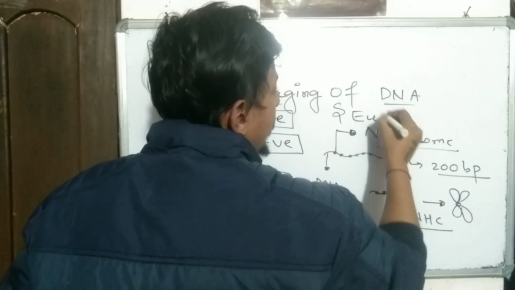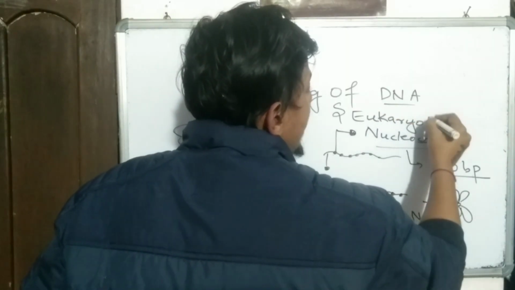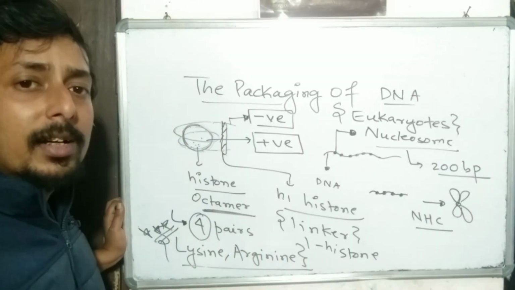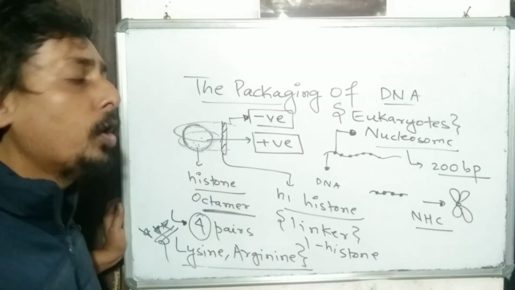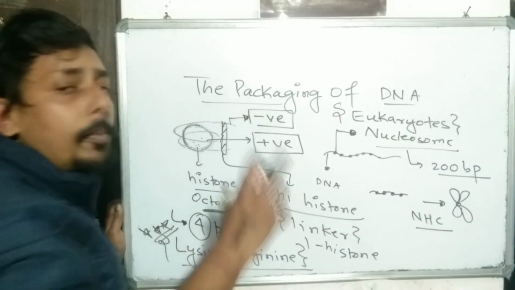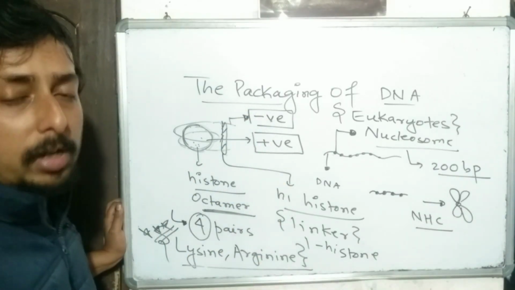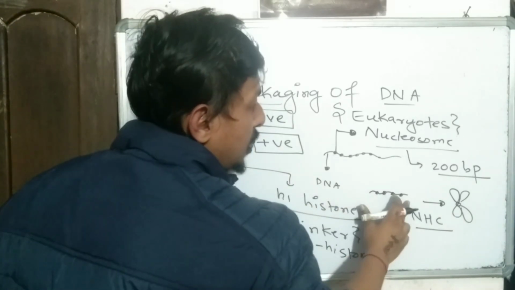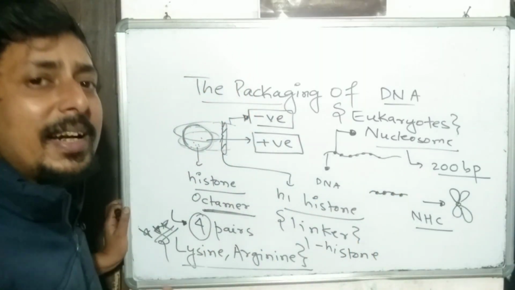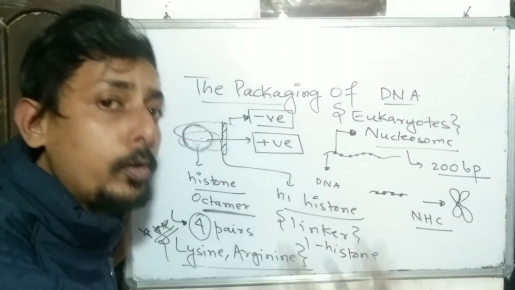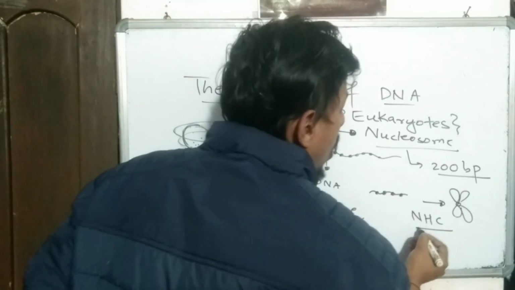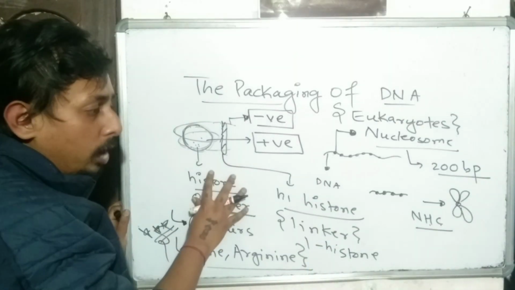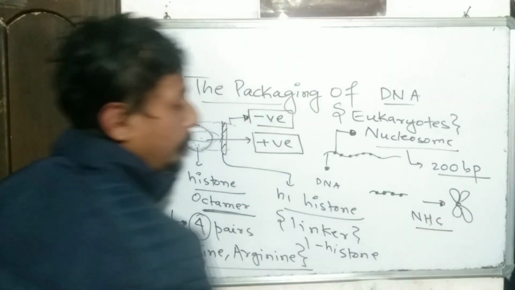See, this is a very important point. In prokaryotes, the coiling is not required, the condensation is not required. But in eukaryotes, the DNA is big, so the coiling and packaging is required with more power. So, the packaging of DNA in eukaryotes requires 2 kinds of protein. Number 1 is the histone protein, that makes the beads on string structure, makes the nucleosome, and when the DNA needs further coiling, the number 2 protein is required, that is called non-histone chromosomal protein. So in total there are 2 proteins. Number 1 histone protein, number 2 non-histone chromosomal protein.